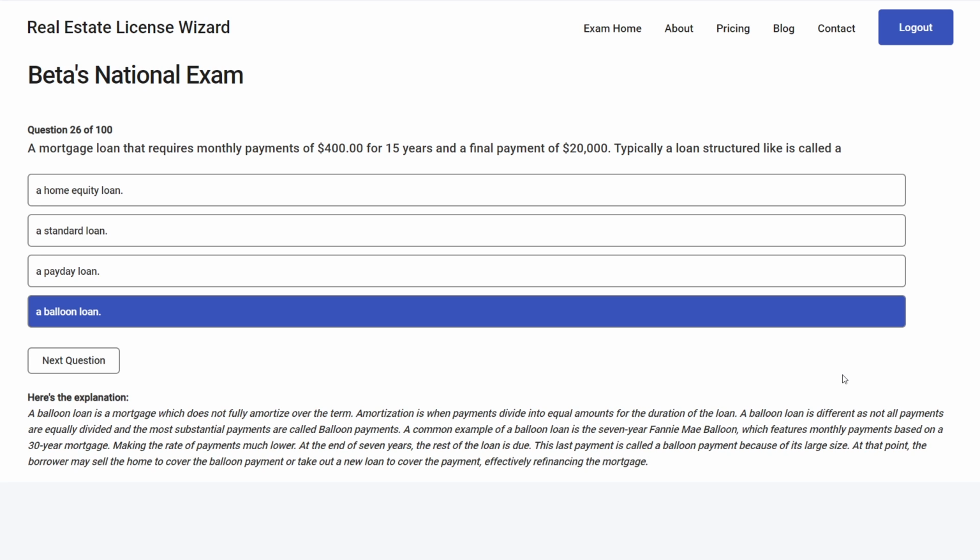But at the end of the 7 years, guess what? The rest of the loan is due. This last payment is called a balloon payment because it's a large size. That's where they get the name balloon loan, balloon payment, things like that. But yeah, at that moment, the borrower may sell the home to cover the balloon payment or take out a new loan to cover the payment, effectively refinancing. All right, next one,